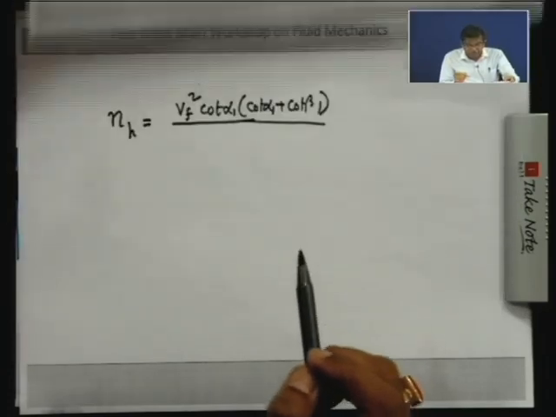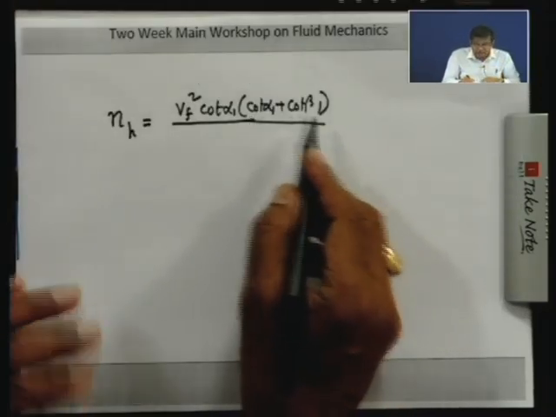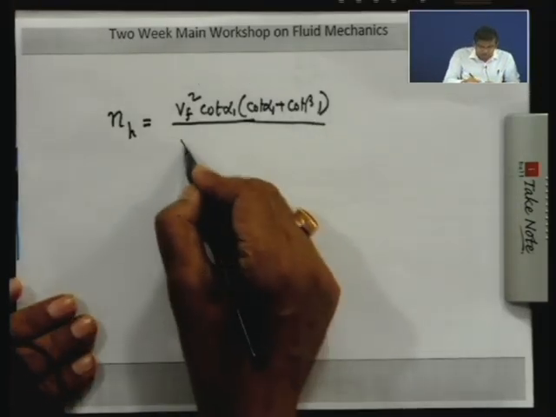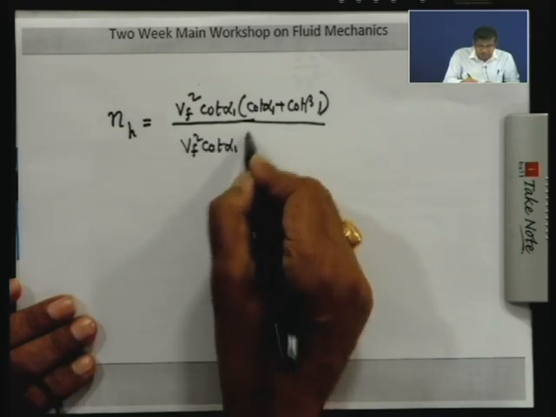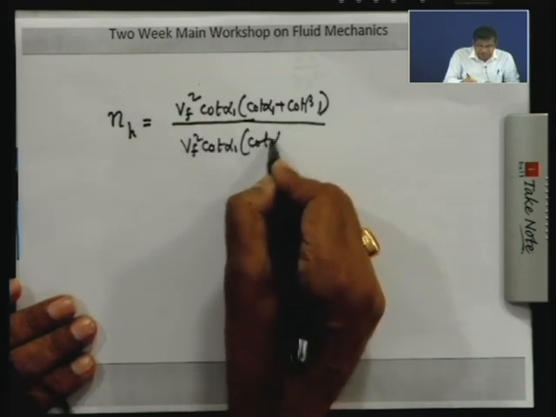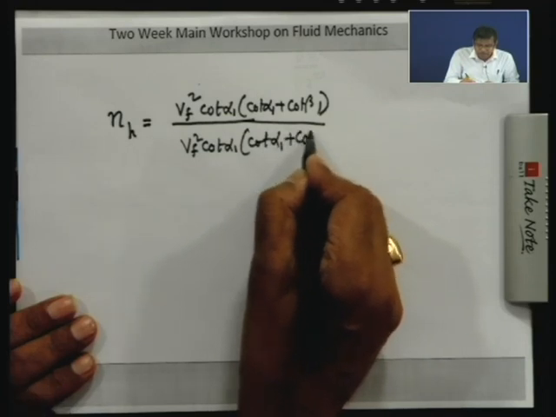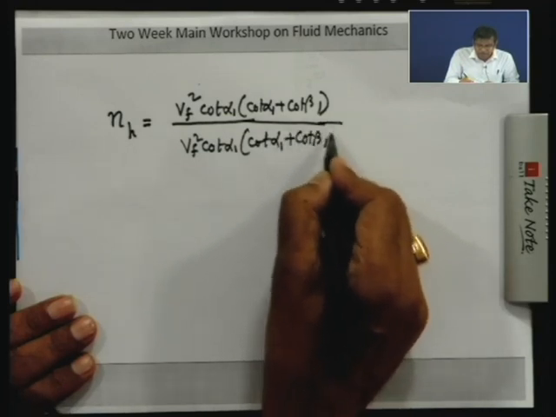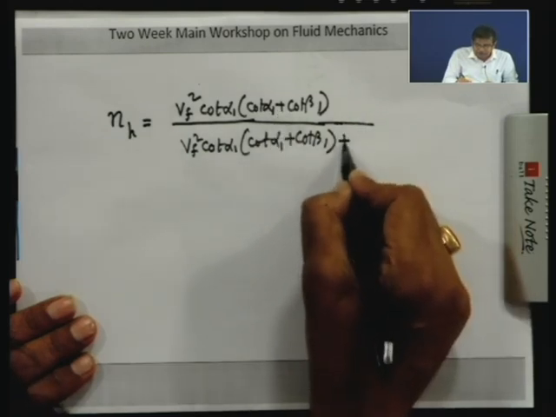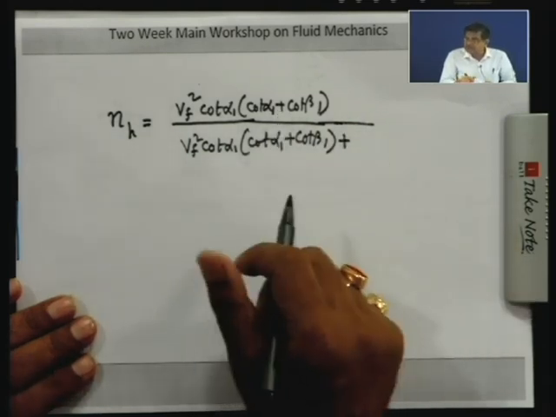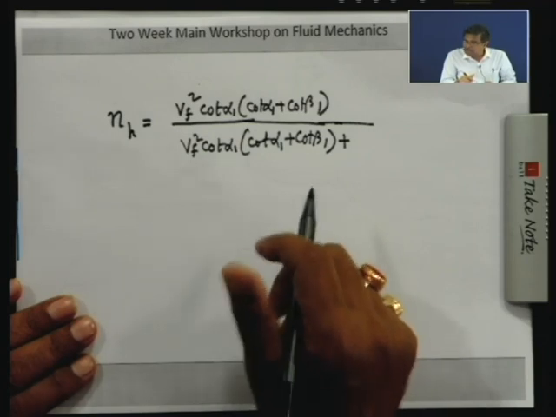So, head available at the inlet will be this plus loss. This one, Vf square cot alpha 1, that means it is the other way, this plus loss. That means the work head developed by the turbine is the inlet head minus loss. Now, I add. Now, if we discard the viscous losses in the runner blades, which is usually less as